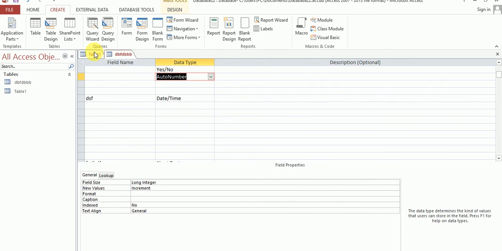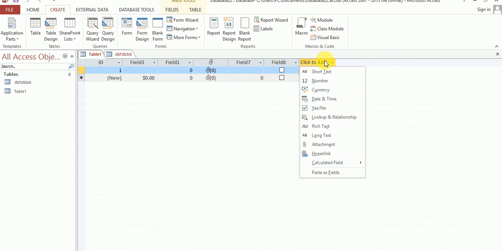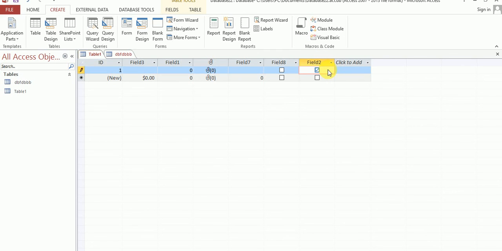Same process in datasheet view: just click on the add button, click on add column and choose the data type which you want to use. Just follow these steps, and everyone should underline step 1, step 2, step 3 and step 4. Okay, so I hope everyone understood.